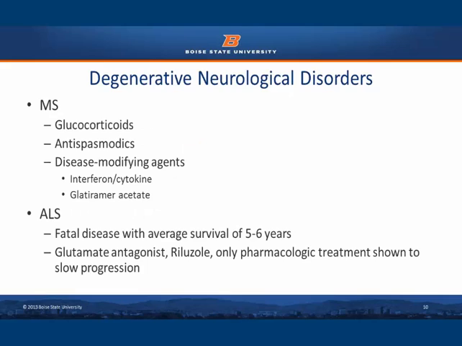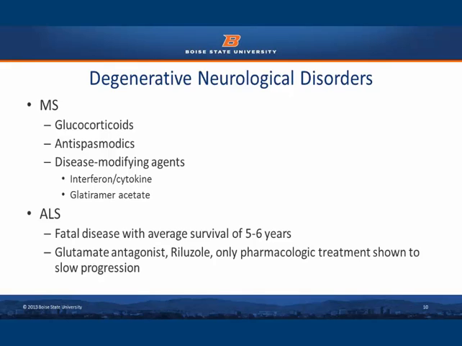Treatments for relapsing-remitting MS are more successful than those for progressive forms of MS. For both MS and ALS, pain control will be a key aspect of management. Multiple sclerosis patients and their families will require education regarding the disease progression, medications, symptom management, diet, and exercise. As with all patients suffering from a chronic illness, MS patients should be screened and treated accordingly for depression, as should ALS patients. ALS is typically a fatal disease.